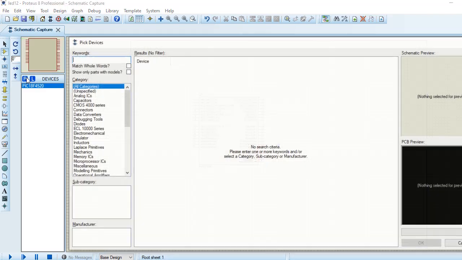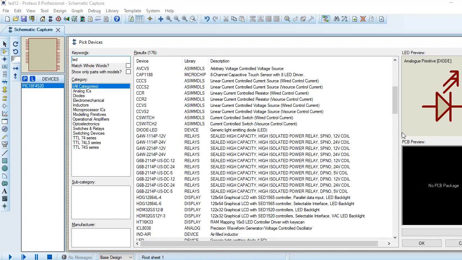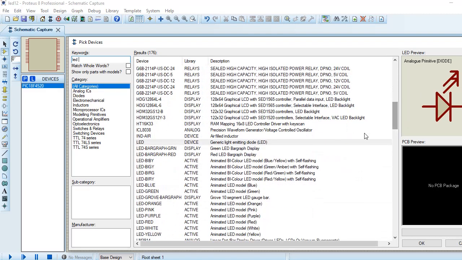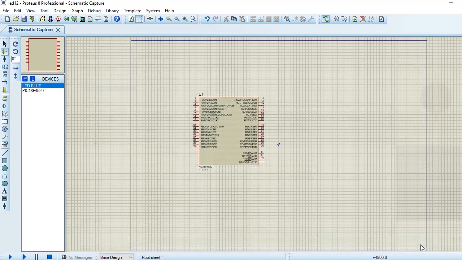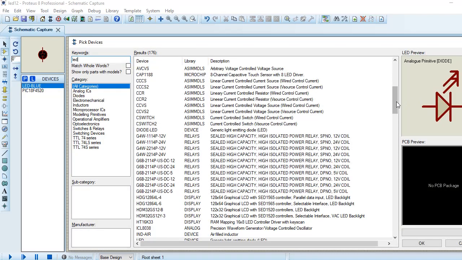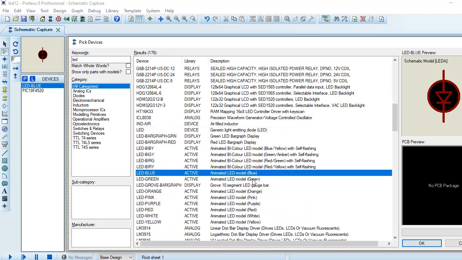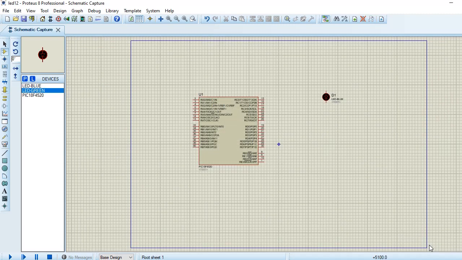Then we go again for LED. You can select a single LED, but there are many options for the LED, so we will select two LEDs, a blue LED and a green LED.